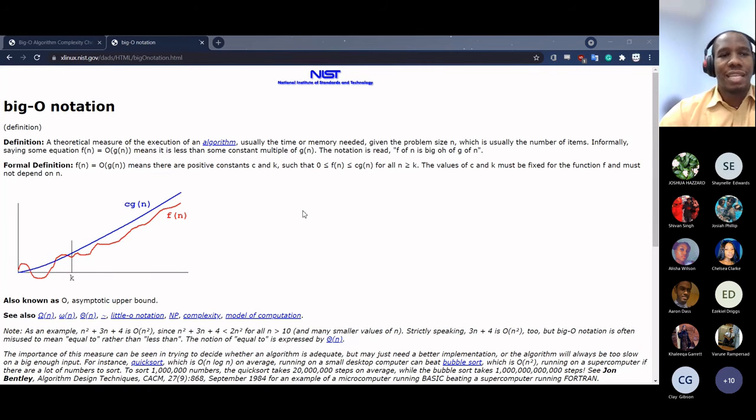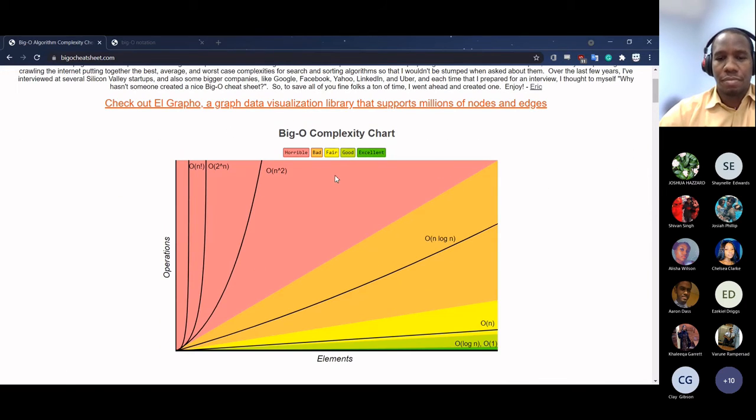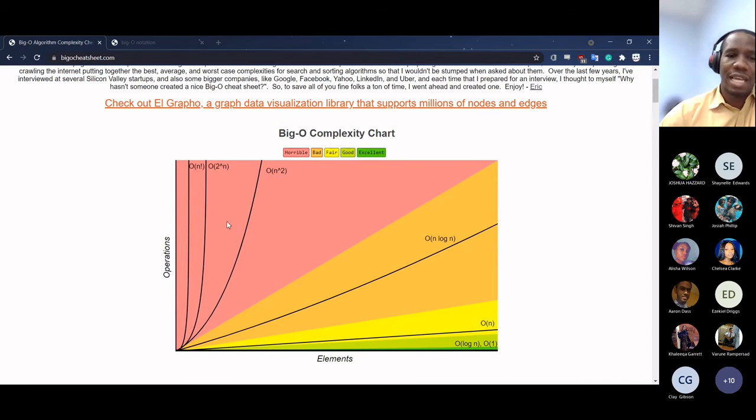Okay. There's a site called bigocheatsheet.com that shows the complexity chart. We have a couple of different ways of representing big O complexity. And of course, what's in red is horrible. So if you have a function where O is n factorial,